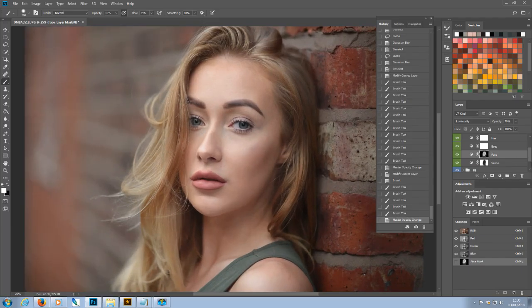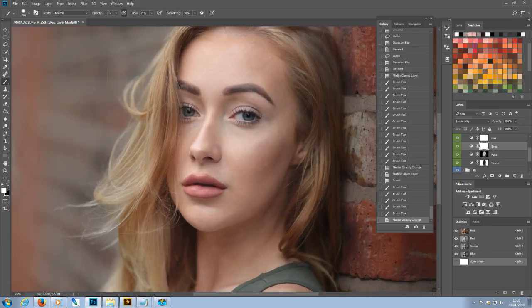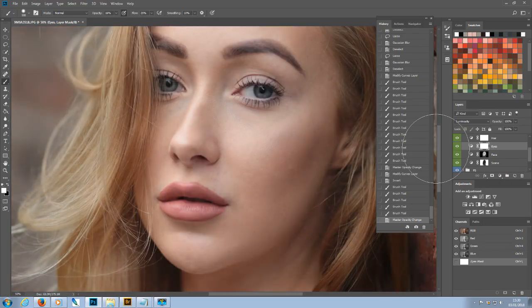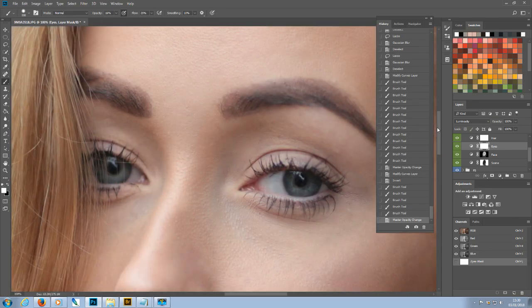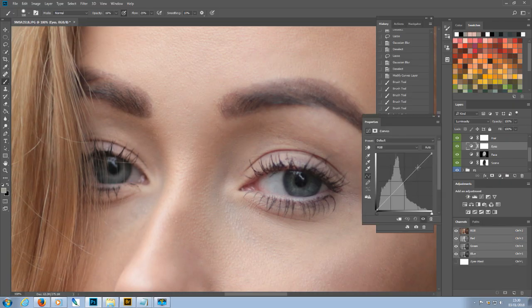Okay, and as always, I can come back and adjust these. I can take another look at it and so on. But I think we're broadly on the right lines here. Now, the next thing we're going to want to do is work on the eyes, and we're going to want to raise the luminosity on her eyes. So what I do is I just raise the curve,